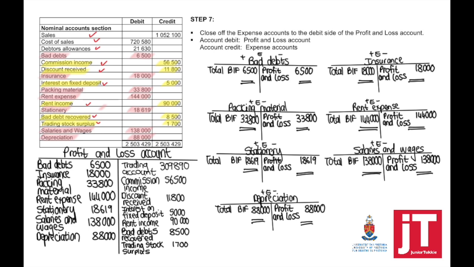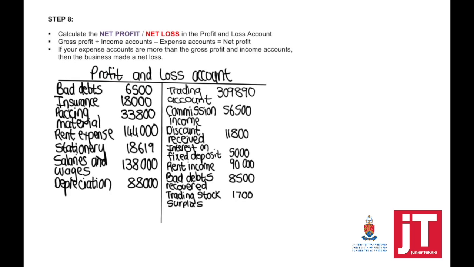To close off expenses, your expense account will always be credited and the profit and loss account is going to be debited. So take note, gross profit plus income minus expenses, which means our next step, step number 8, we can now calculate,